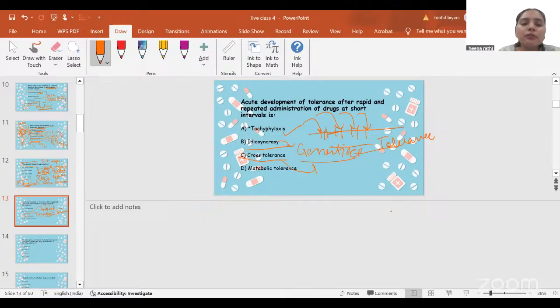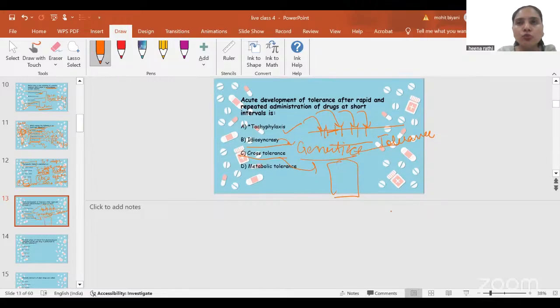Suppose a person is tolerant to alcohol, then there is a chance that they can be tolerant to the general anesthesia also. So a chronic alcoholic person is usually less sensitive to the general anesthesia because of the development of